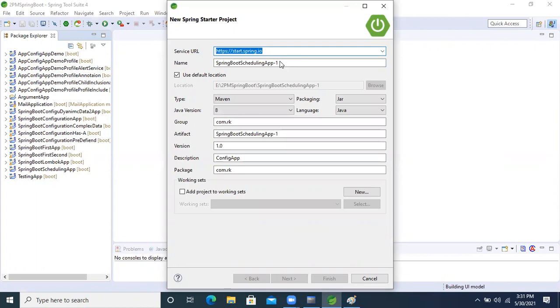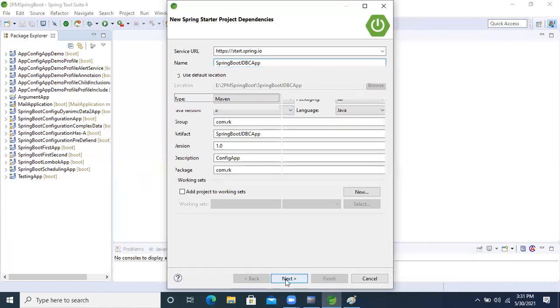Here we are going to create a Spring Boot JDBC application.